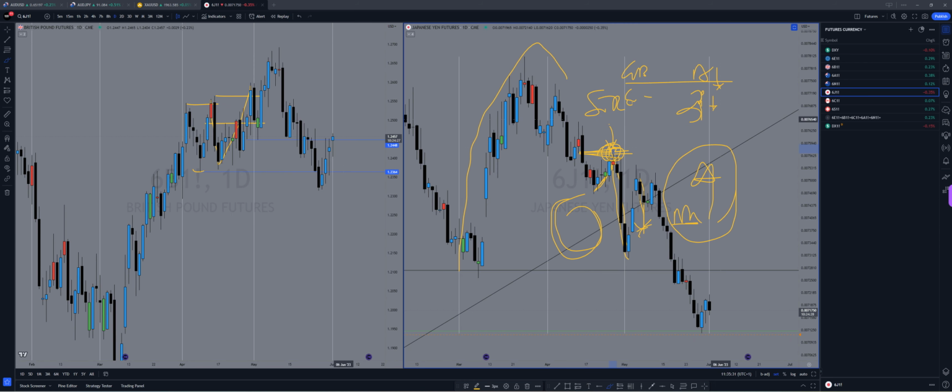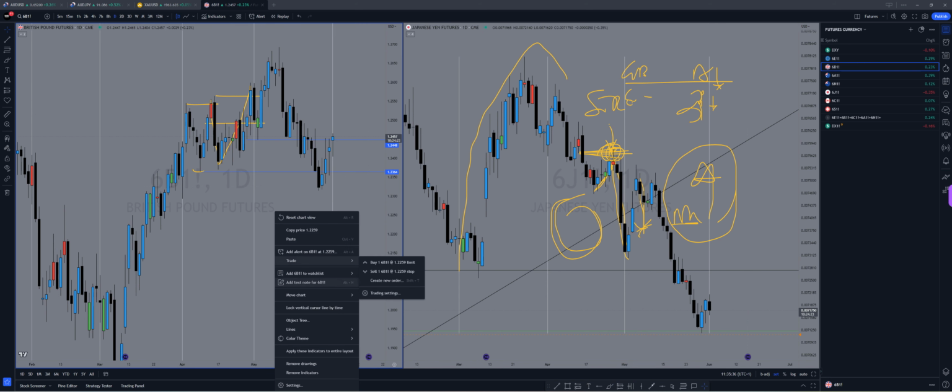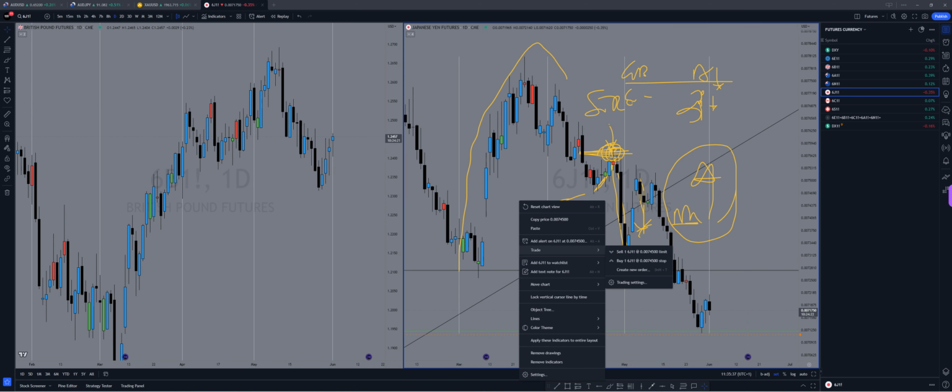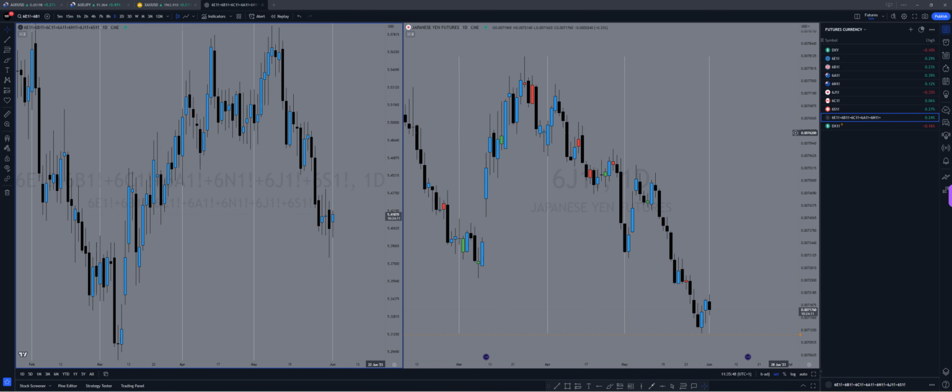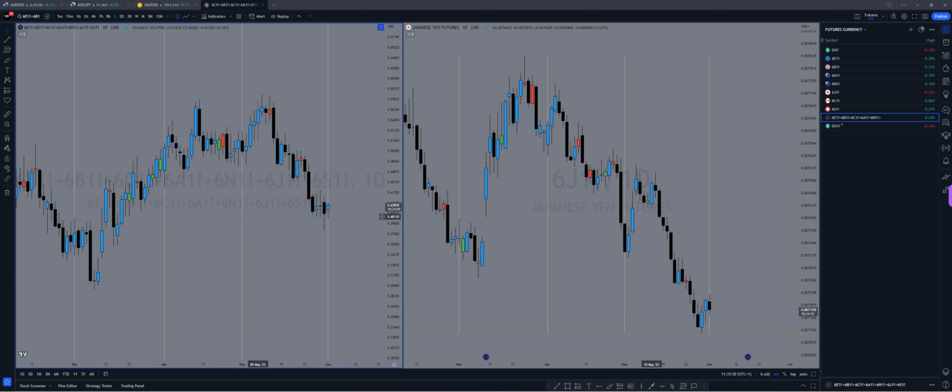Right. So that's the forecasting. Now the main one that I wanted to share, trust me, they're all good. You just have to choose which one you like to operate. I use all of them depending on how I feel and what I want to do. This one here, okay, this is